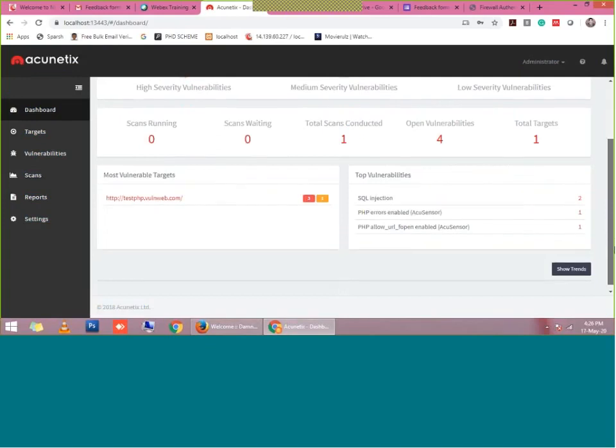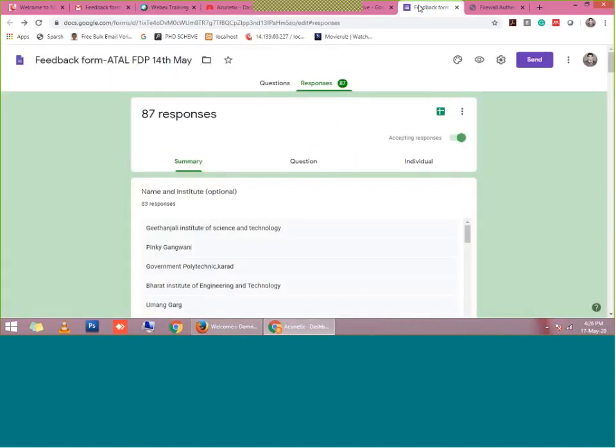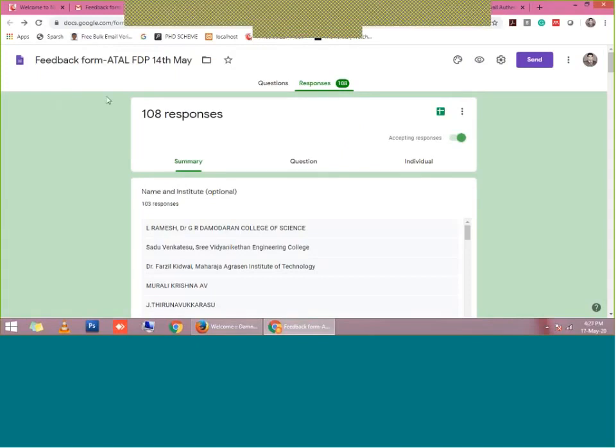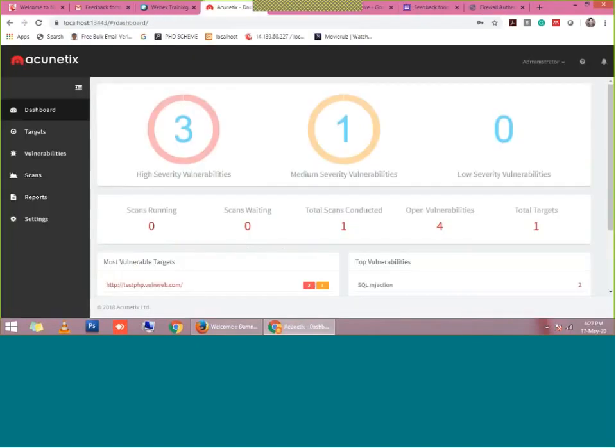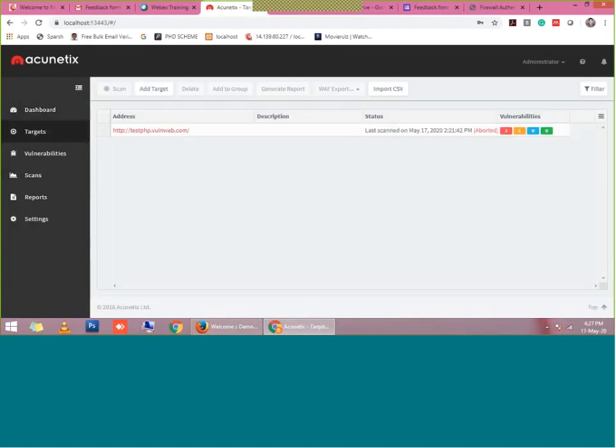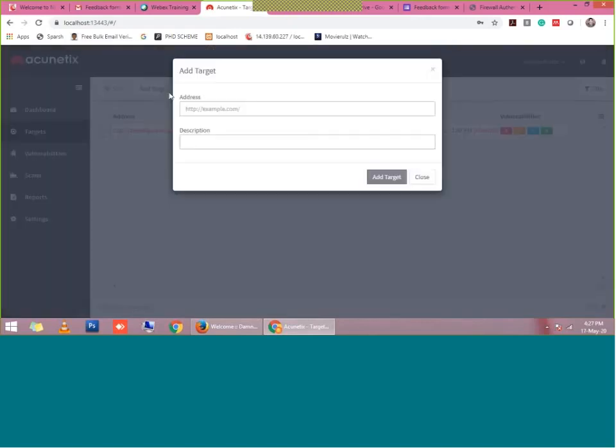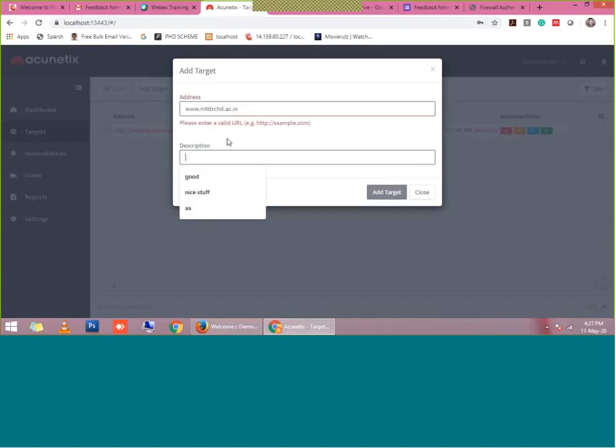Suppose you want to test your college website, to see how vulnerable it is. You can test it. You have to go to the Targets button, and in Targets, click on Add Target. In Add Target, you can write your college website, www.nittrchd.ac.in, and a description if you want, and add target.